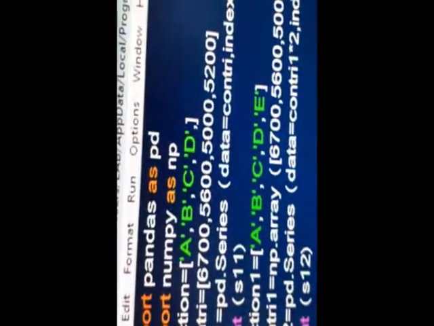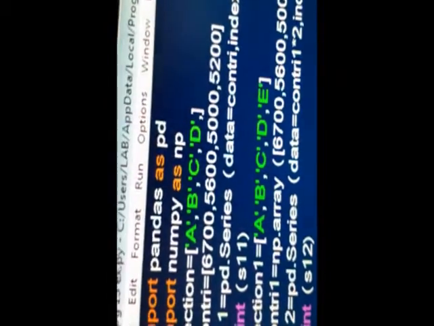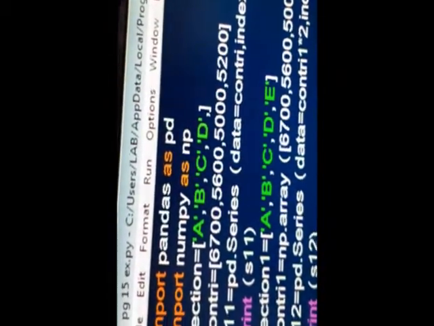This whole program, you go through. See here, I have imported both pandas as well as numpy. Then I have created S11, that is a series object, using data and index.